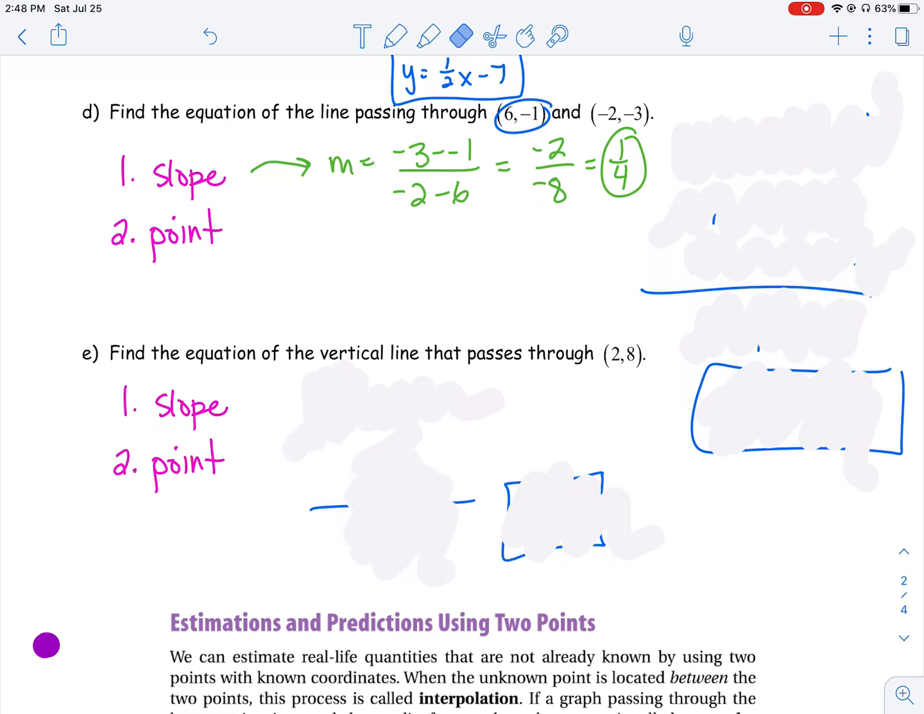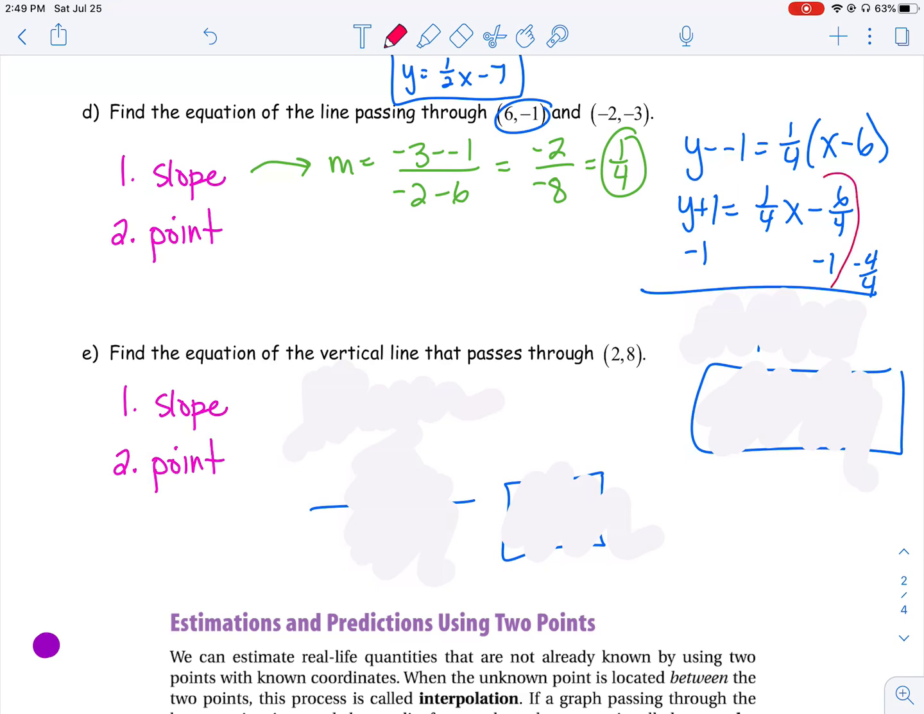I'm going to go ahead and just pick the first point. I'm going to plug in the y, I'm going to plug in the x, I'm going to plug in my m, and I'm going to find the equation of this line. I have y minus y1 equals m times x minus x1. I'm going to go ahead and distribute the 1/4 through, and I ended up getting y plus 1 equals 1/4 x minus 6/4. I can go ahead and subtract 1 from both sides, but you notice that I have fractions